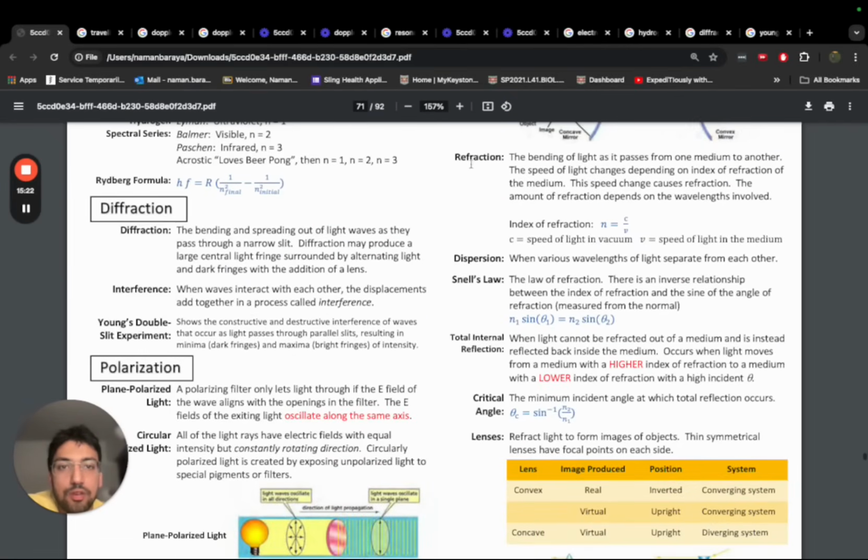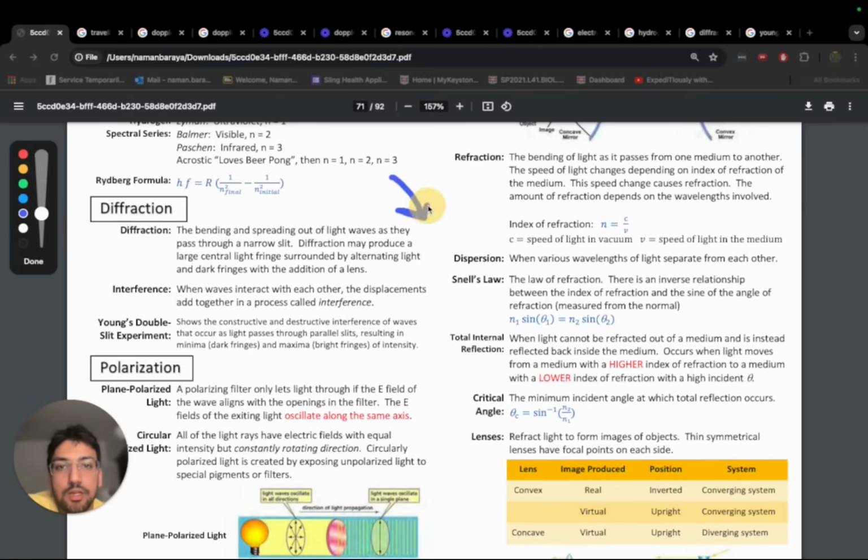Okay, the next thing is refraction. Refraction is, let's say that there's a light ray and it's hitting the water. Now, this light ray is actually not going to go straight through. It's going to refract. It's going to bend a little bit. And that bending of light is called refraction. Now, this is caused by a speed change,